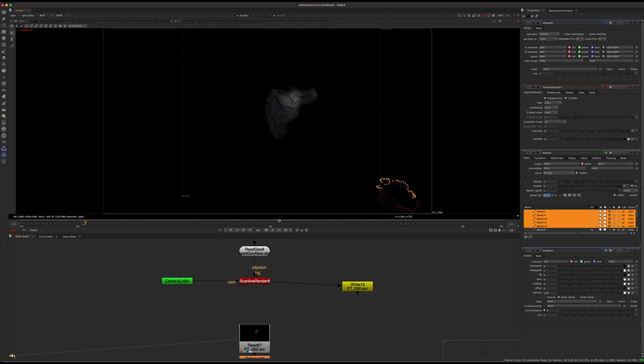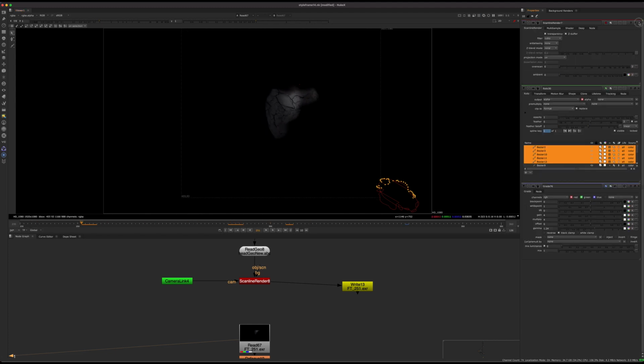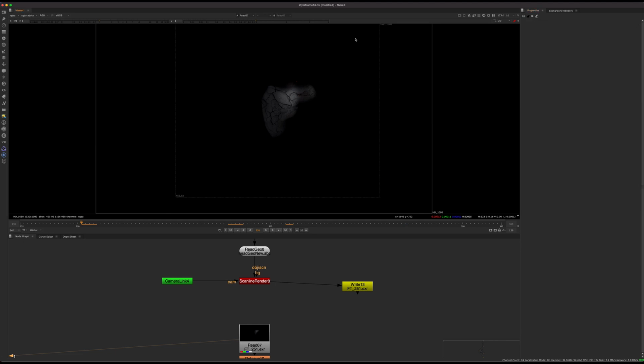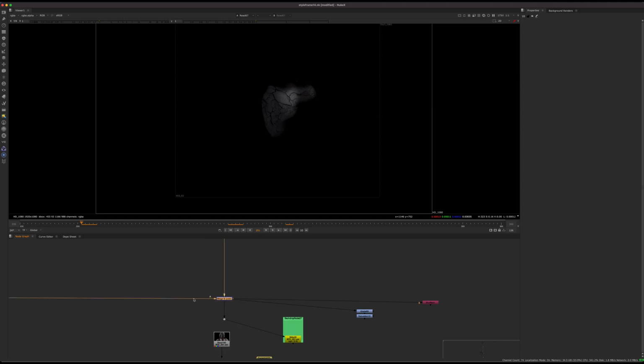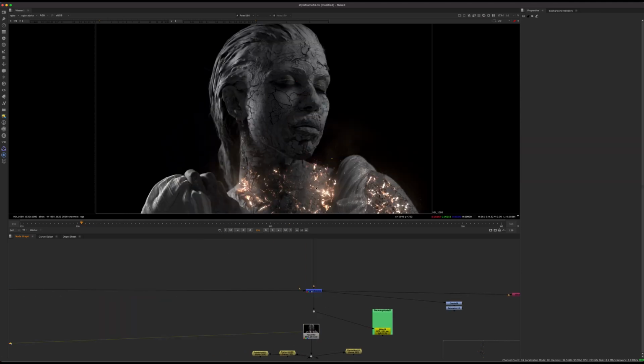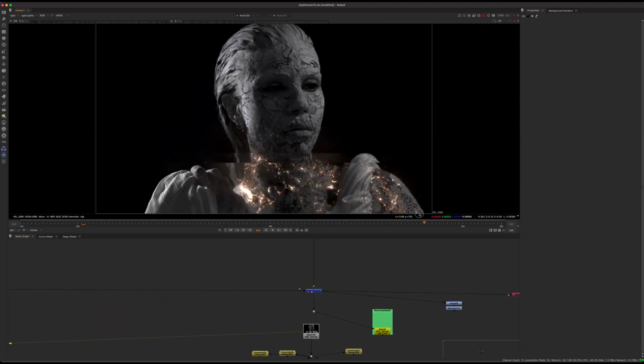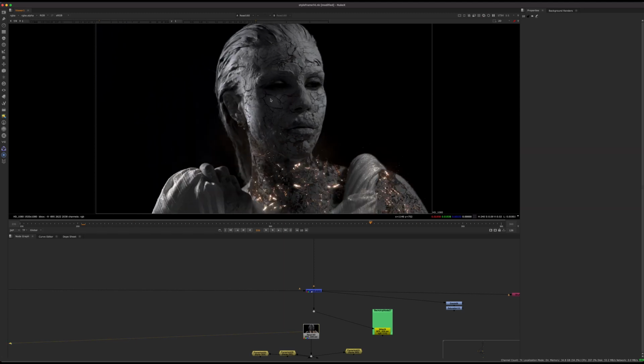And if you hit play on this, you'll see that it's the CG cracks by themselves with the lighting moving on it. So that's basically how you do it. And you just merge this over like a normal picture, and that's basically it. So we can merge this over. So we have something like this, and we have CG cracks with lighting. So that's the 2D